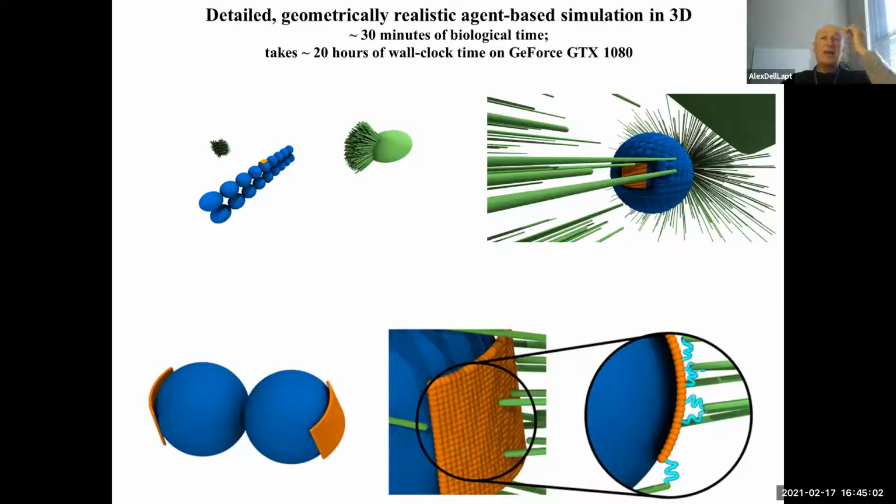So what I wanted to show you is first our latest effort to understand if this search and capture model can really lead to the assembly of the spindle. The problem with these first papers was that they were basically back-of-the-envelope estimates on a piece of paper. What we worked on over a couple of decades is to build a code to actually